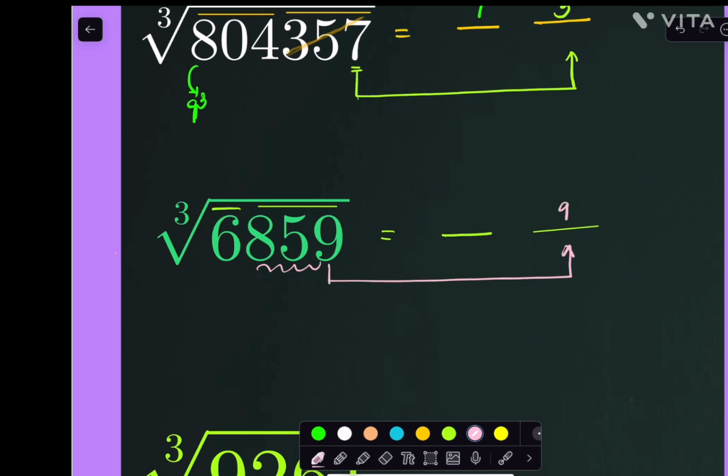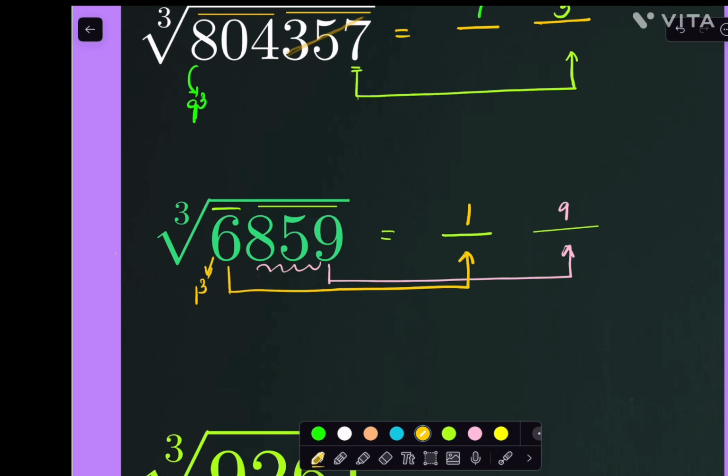This is the estimation method. When it is a perfect cube, it is 100% correct, right? If it is not a perfect cube, we'll see that type of thing also in upcoming lectures, right? Now see this one. To find the leftmost part of the number, find the cube of a number which is very closer to 6 and less than or equal to 6, which is 1 cube only, not 2 cube. 2 cube is 8, which is more than 6, right? So definitely the number starts with what? 1, right? Start with 1.